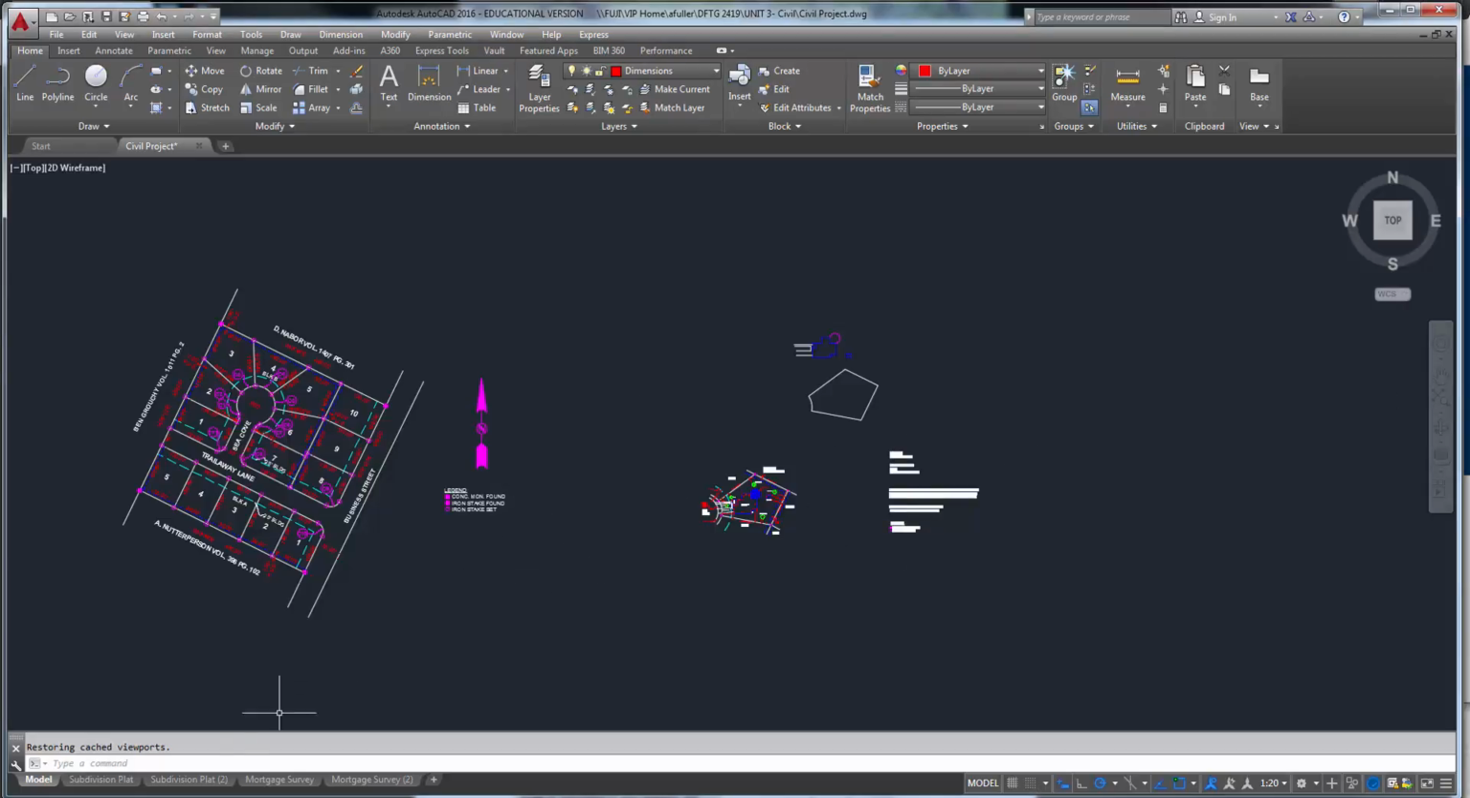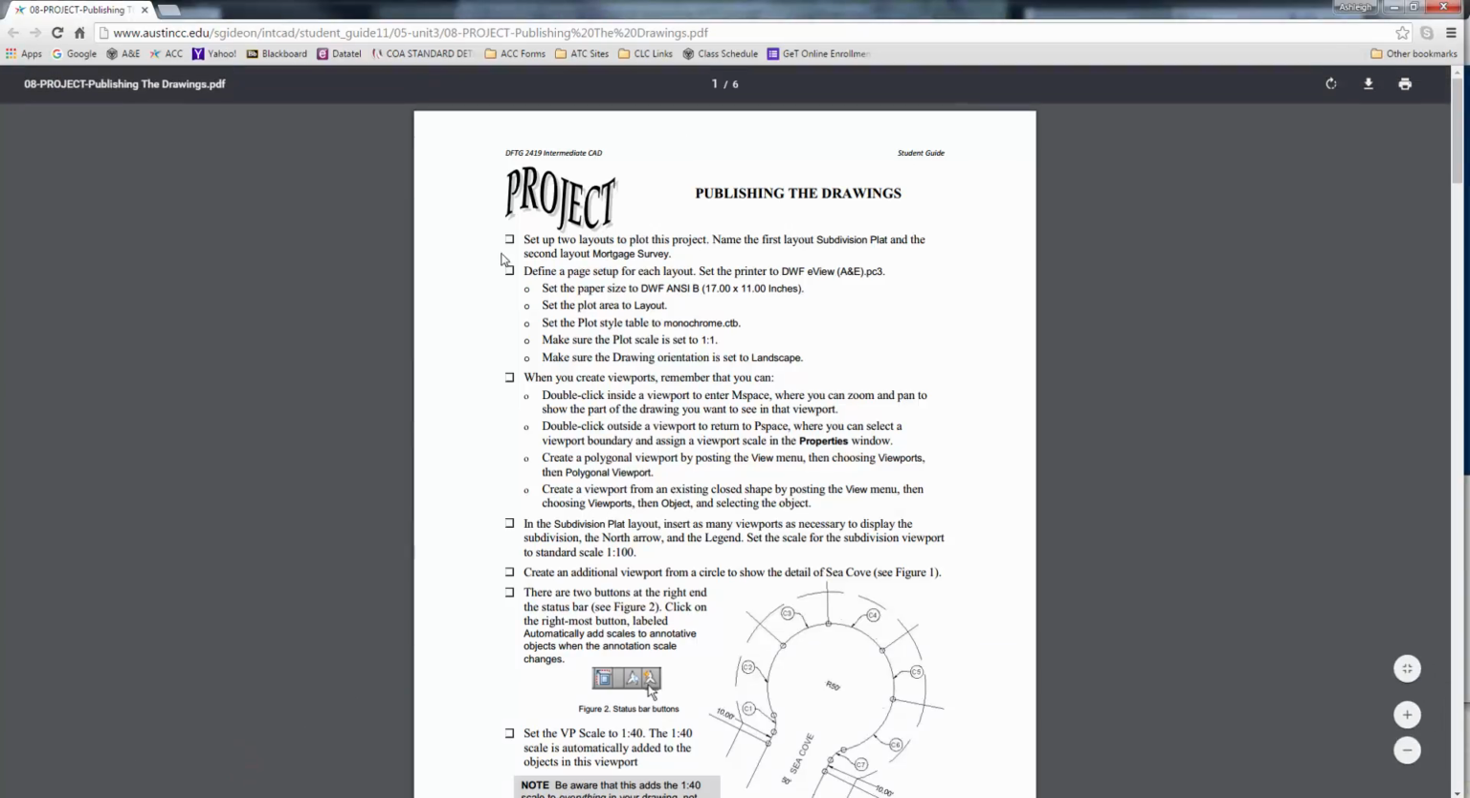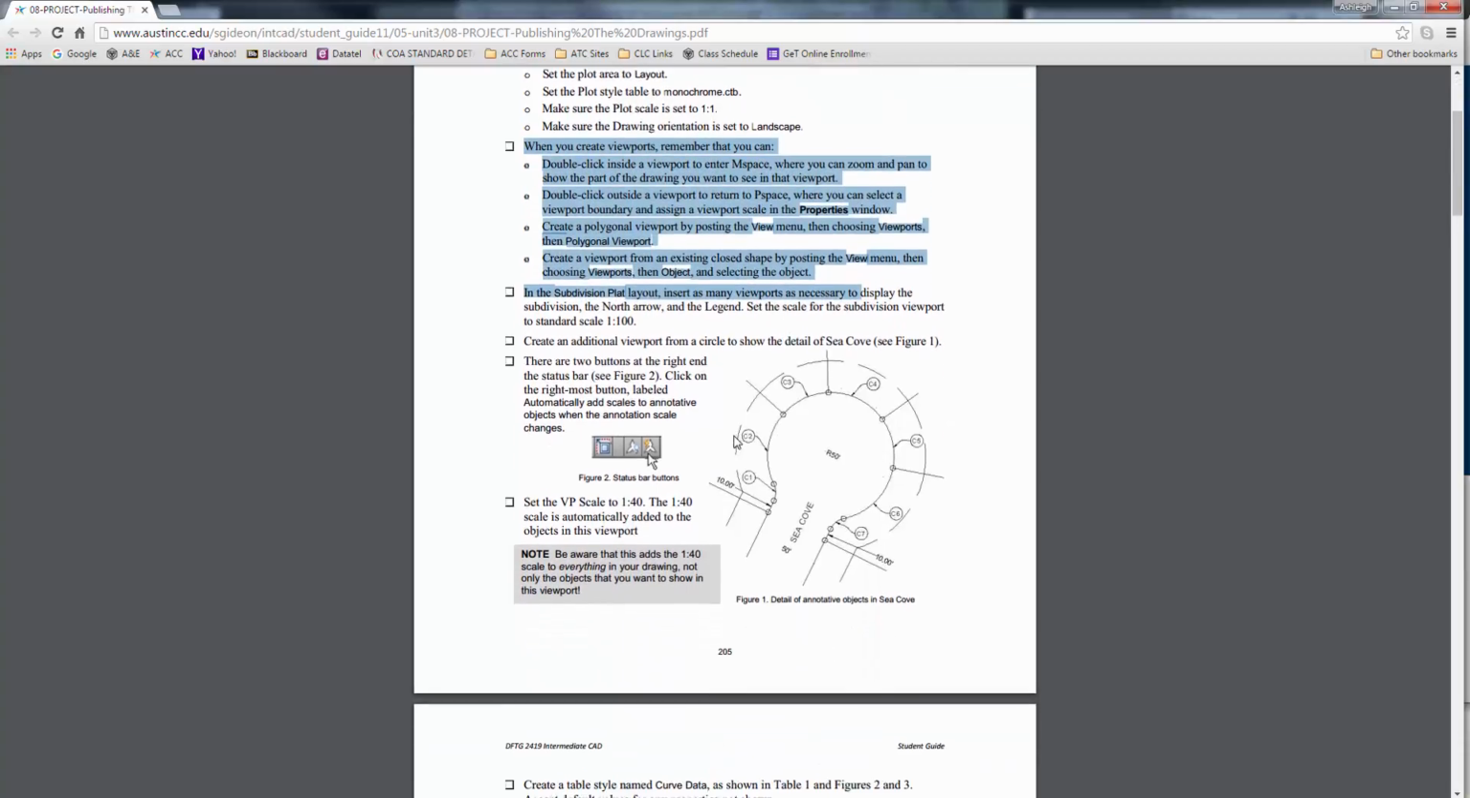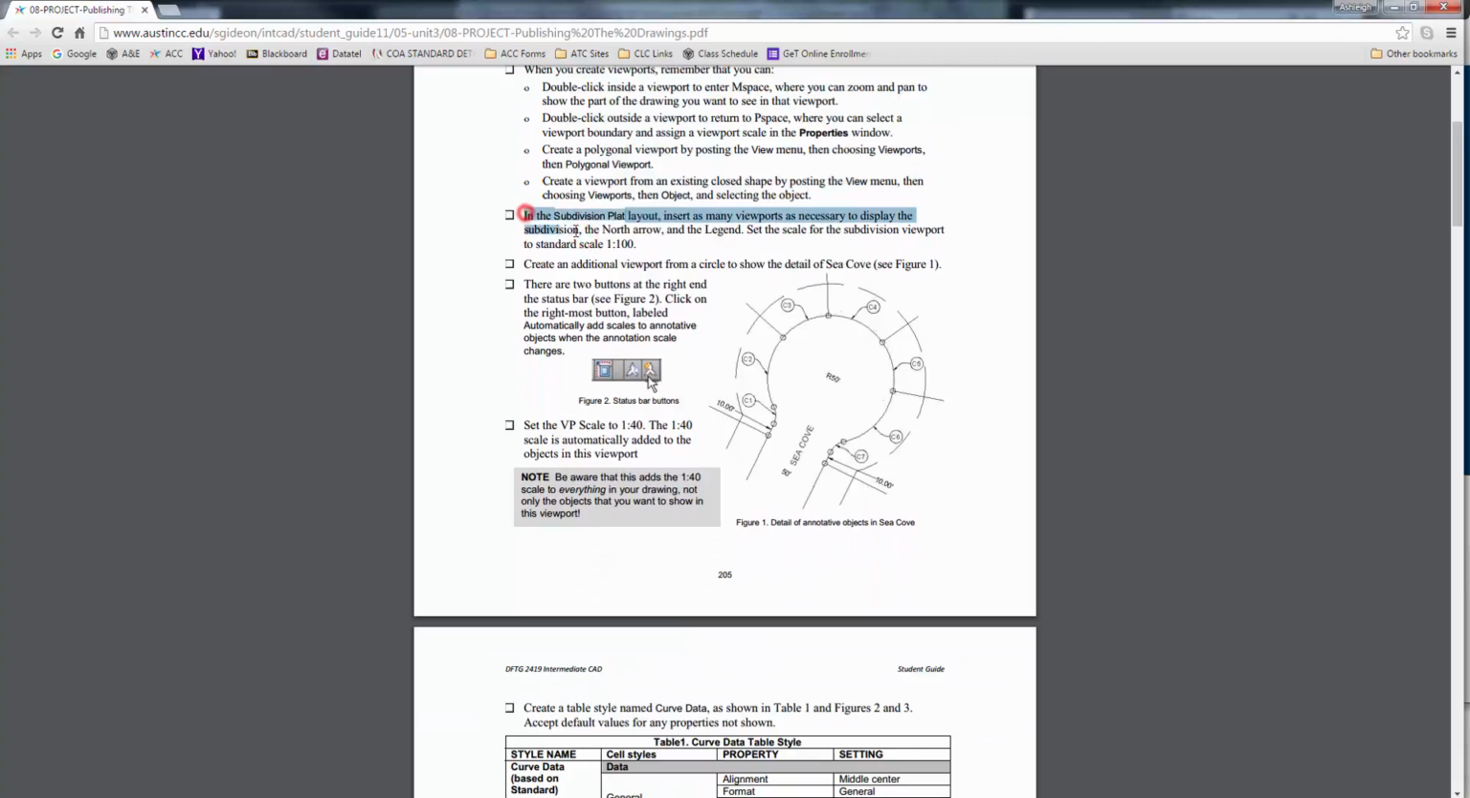So you've got everything that you need done here. Somewhere I have this guy right here. So you're going to set up 2 layouts for this project. You guys already created a civil template, so you probably already have those layouts set up the way that you need them to be. It says define the page setup, so that's just setting it up for 11 by 17, just doing what you did in your template. So this is just talking about the viewport, so you guys have already done that. So the subdivision plat,